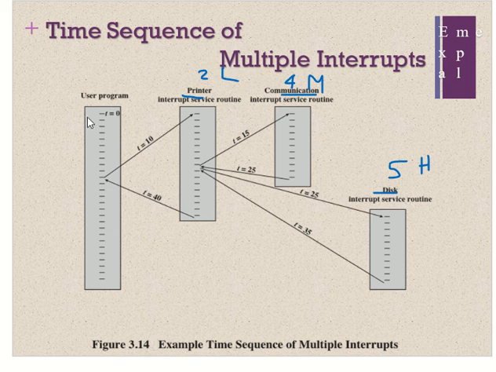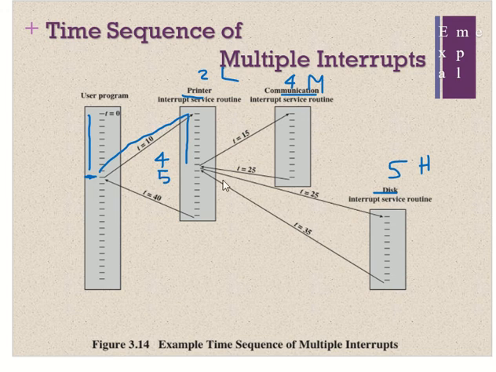At first, while the CPU was executing at this point, it receives the interrupt signal from the printer. Only one interrupt signal at present. So it goes and executes the printer service routine. While it was executing, you can see here, it receives two interrupt signals. One for the communication, which has priority 4, and one for the disk, which has priority 5. So at this point, which has the high priority? The disk has the high priority.